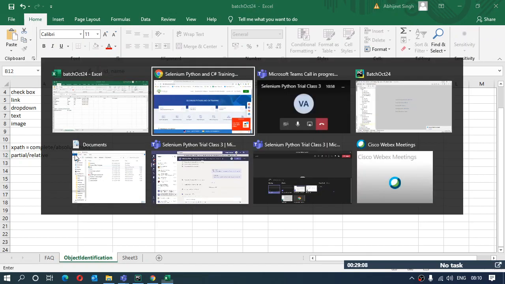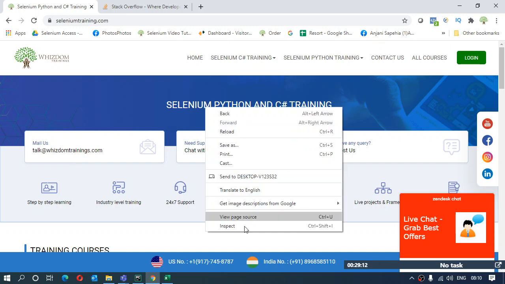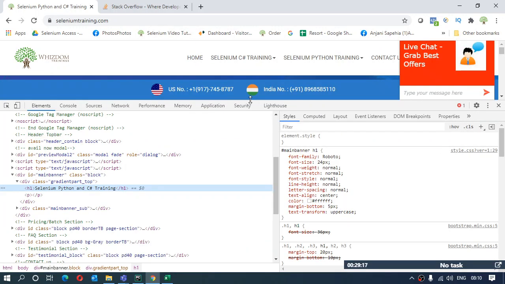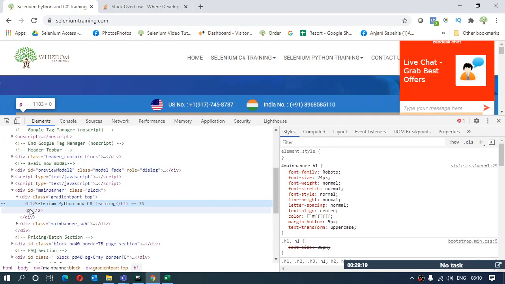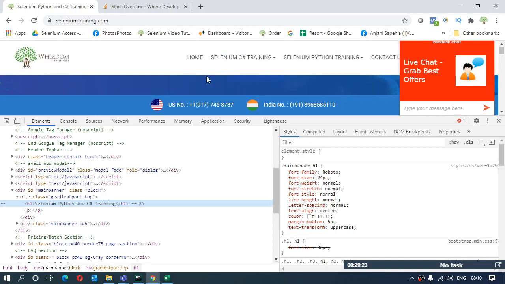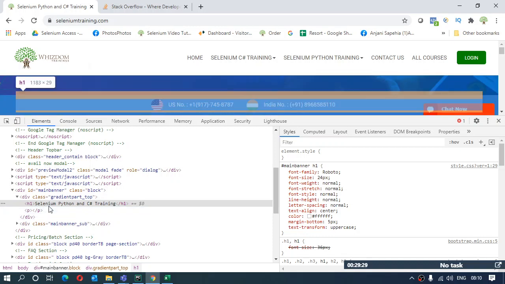Like if I go over here and look back at this element, the same element that we were talking about earlier. Now over here, this is an h1 tag which does not have any optional attribute, right? If I move further to the upper tag, what partial XPath does is it looks at the upper tags to find some optional attribute which is unique.